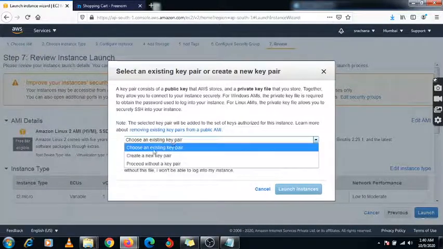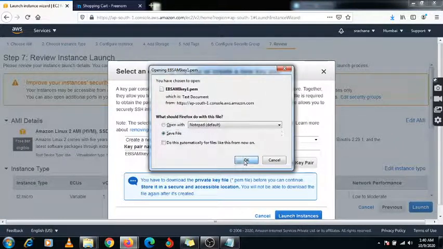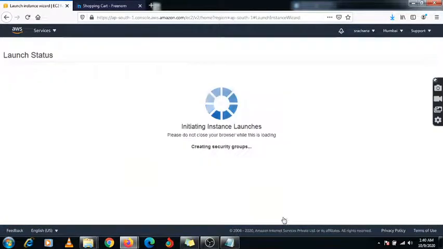I am going to create one key, that is EBS AMI key 1. Download it and save it. Going to launch it.